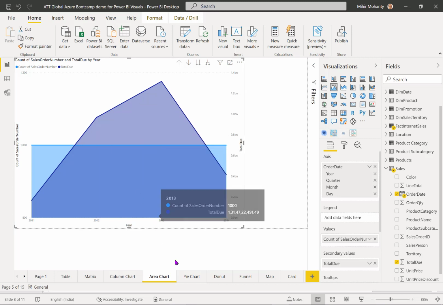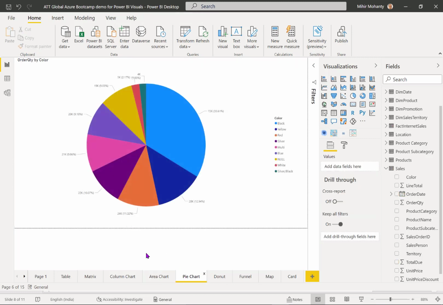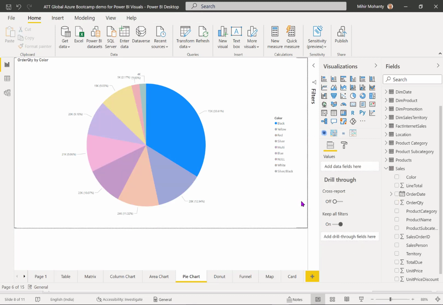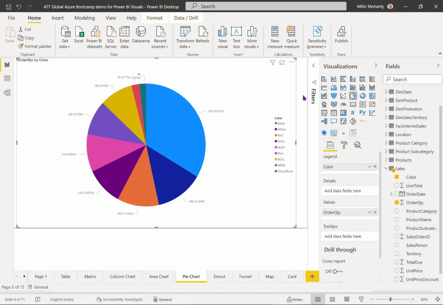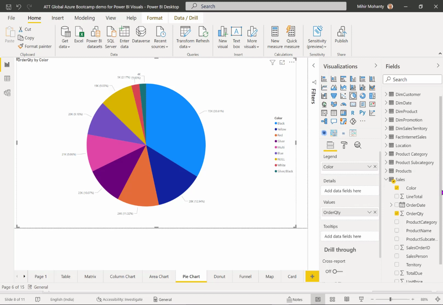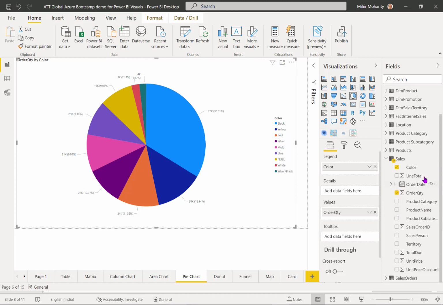Similarly, there are a few other charts like the pie chart. This is one of the most widely used charts in different scenarios, and you can see this is the chart I've selected. Now if I come to this particular chart and look at the different data elements I picked from the sales table, I'm simply looking for two elements: sales order quantity by different colors.